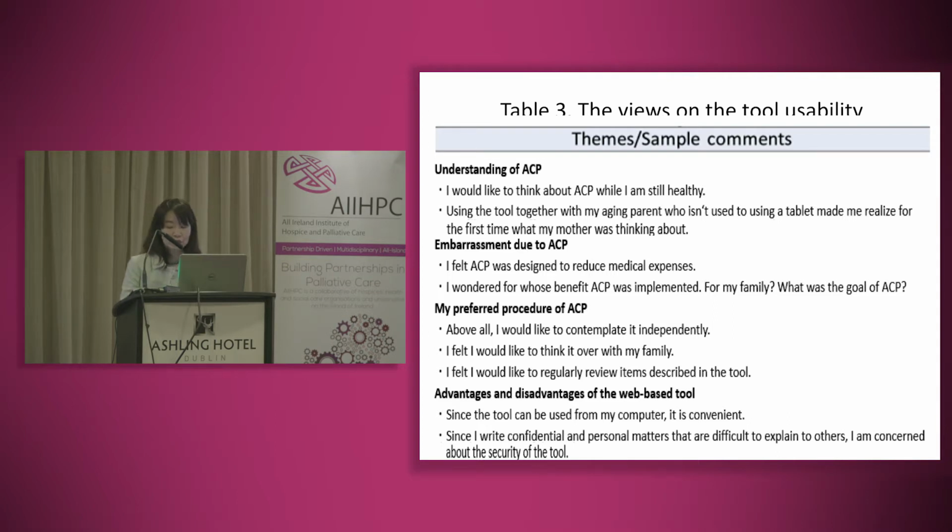Finally, I'm going to explain Table 3. Four themes related to the views of the tool usability were found by the thematic analysis. The first theme, understanding of advanced care planning, included that we would like to think about advanced care planning while I'm still healthy. In addition, one participant aged 84 used this tool with her daughter, and her daughter said, "Using